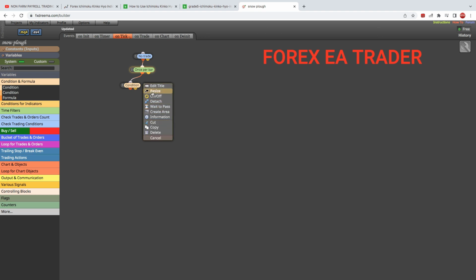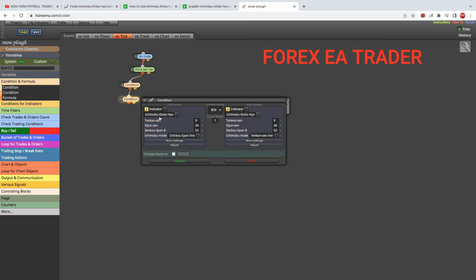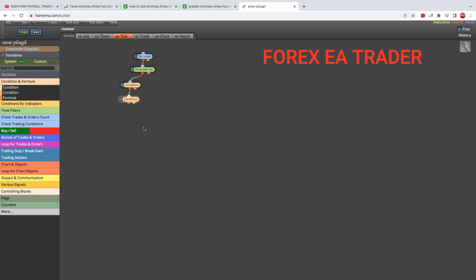Again, I'm trying to just give you direction. I'm just going to copy and paste some of this, because there's probably going to be repetition. We again want this Chikou span to be above the Kijun Sen. I don't know about the settings that you use when you are trading this Ichimoku. So it also needs to cross the Kijun Sen line. We are going to update. I'm going to copy this again and paste it, and it needs to cross